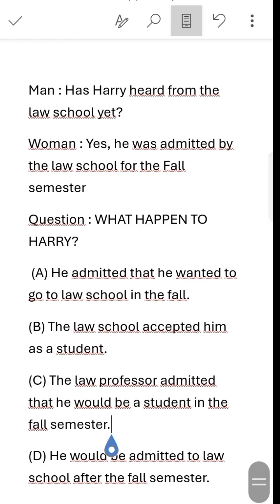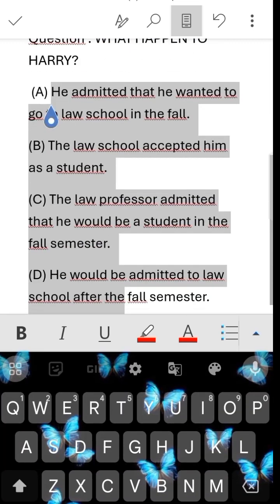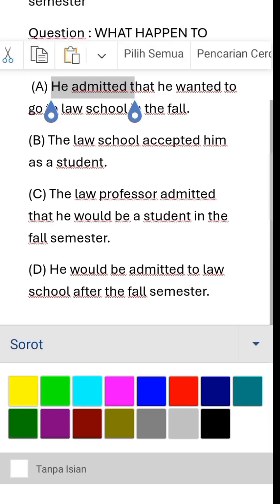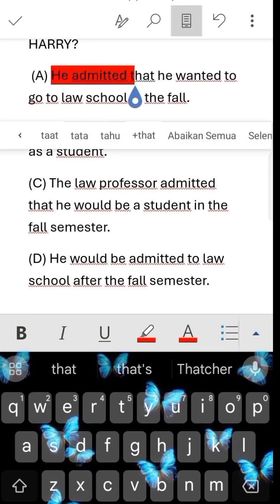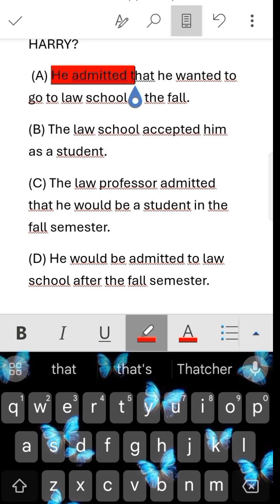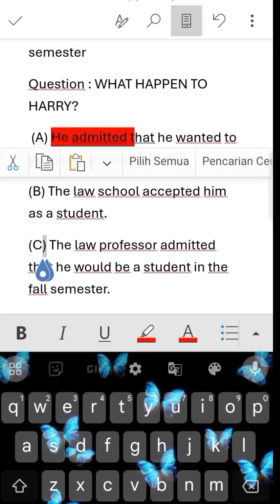Question number 2. The first speaker said, has Harry heard from the law school yet? And speaker 2 said, yes, he was admitted by the law school for the fall semester. And the question is, what happened to Harry? So at the first answer, he admitted. You have to know, guys, that he admitted and he was admitted are different words, with different meanings. So this is wrong. And automatically answers C and D are wrong, guys. So the answer is